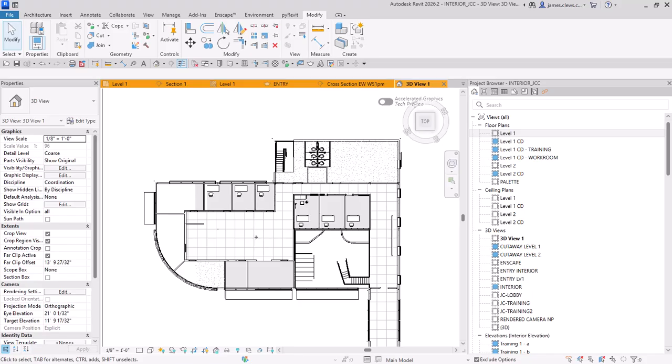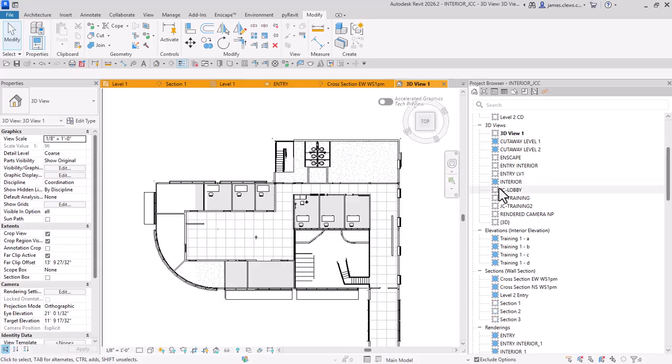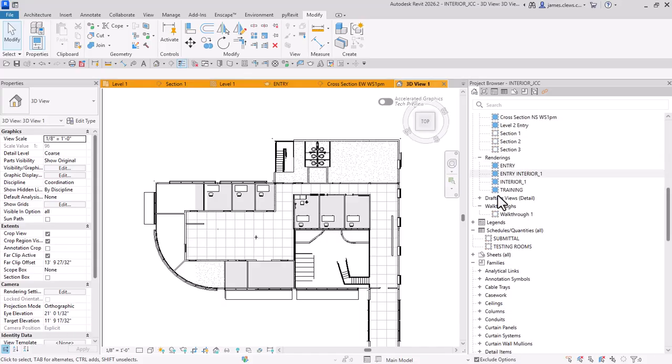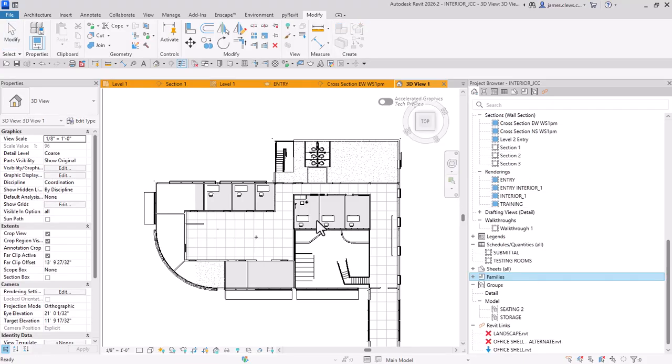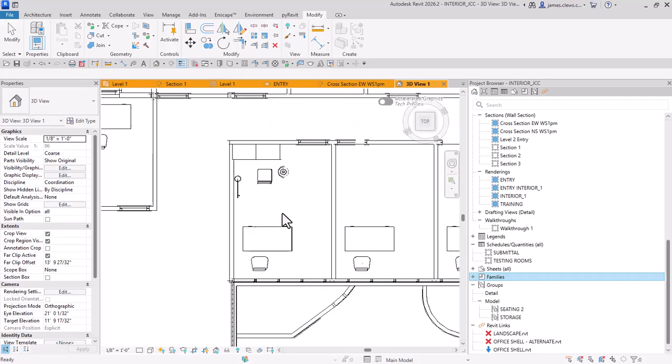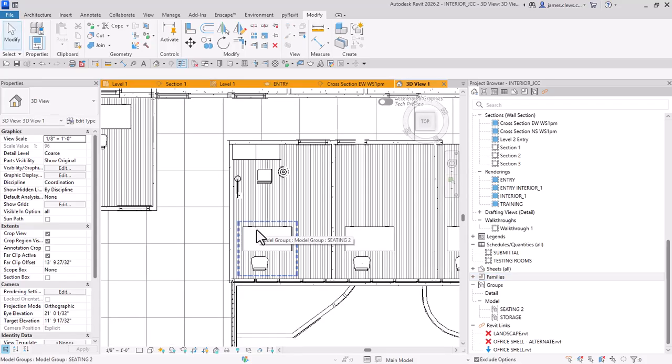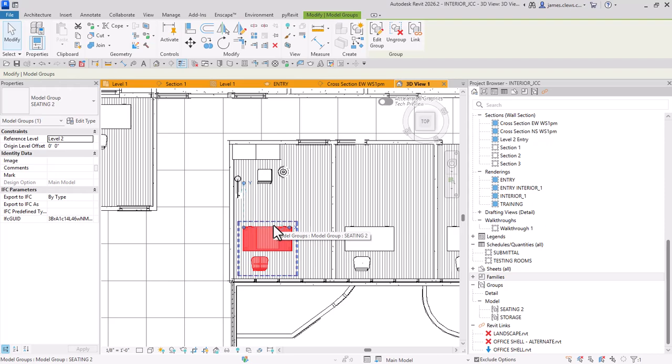Groups I'd mentioned were down here, and more typically our groups were things like this. So that would be like a group called seating 2. And if I said edit that group and I said something like I want to add